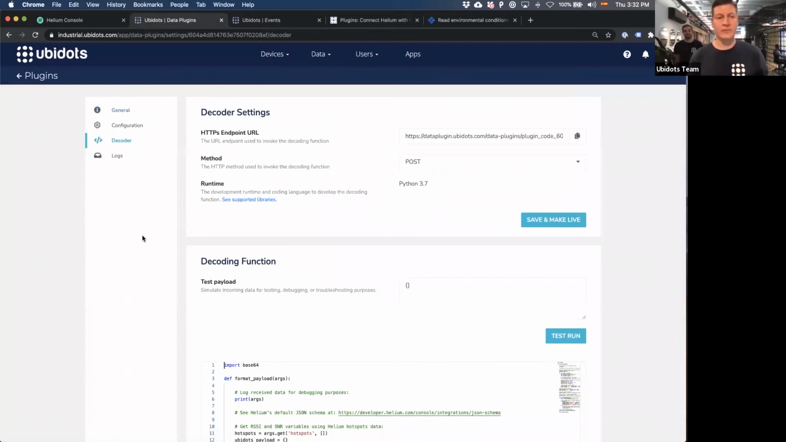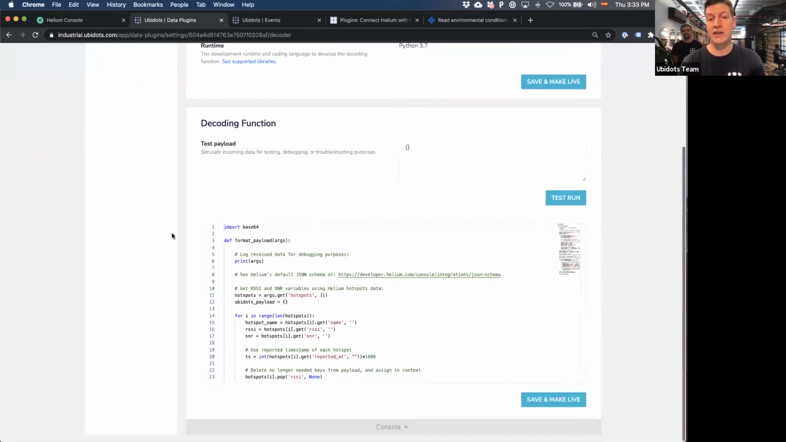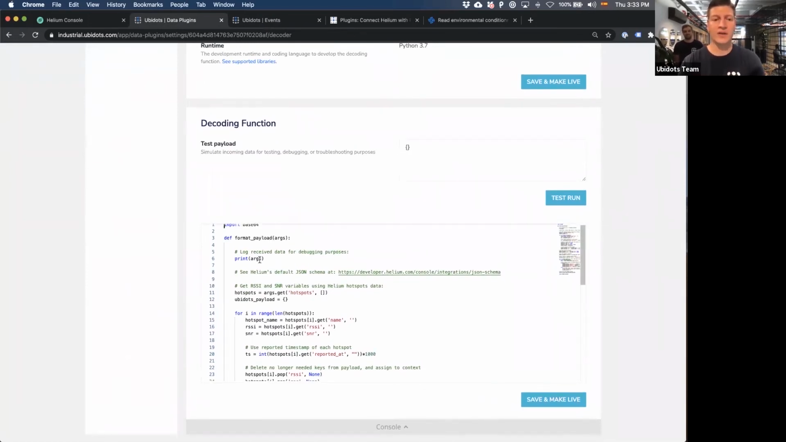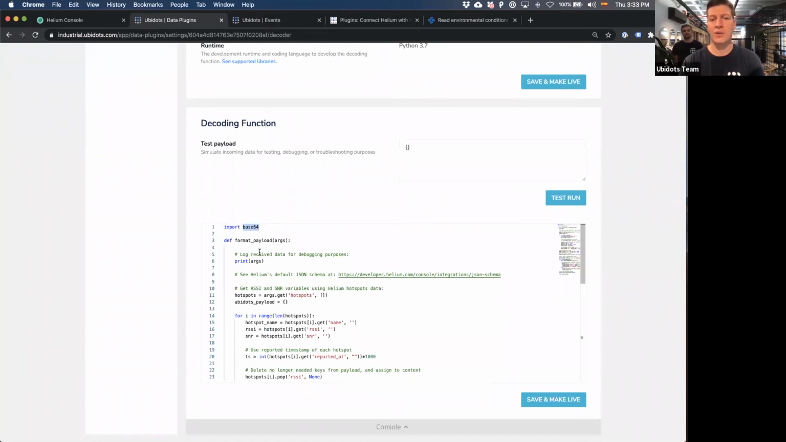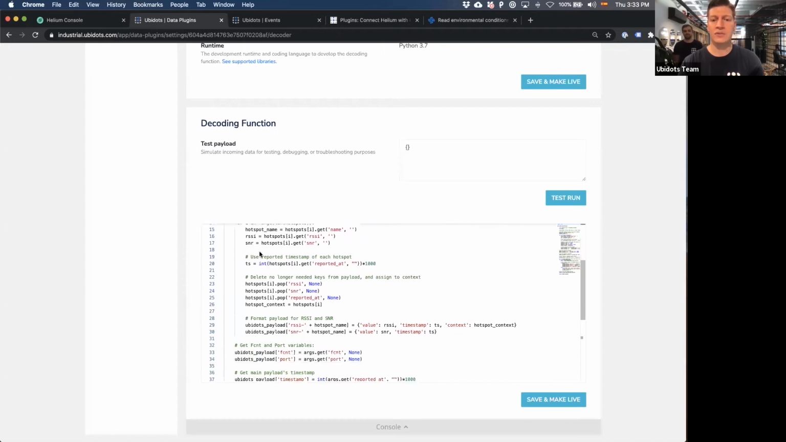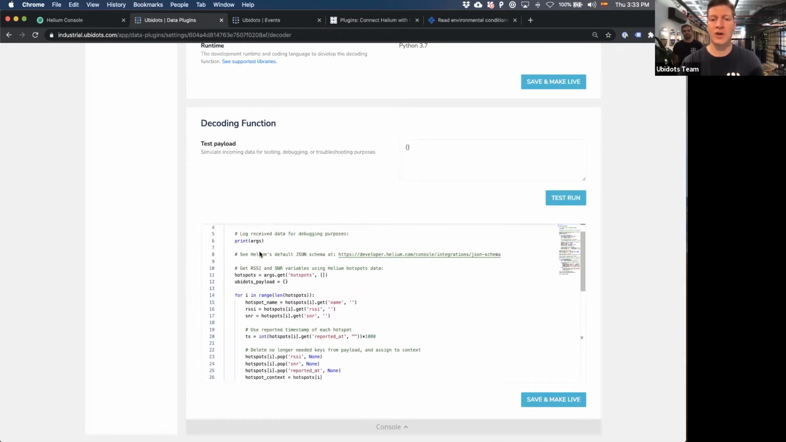So let's dive into the decoding function. As Ben said, it's basically an environment where you have control over the code. Here, as you can see, I'm importing just one library, which is the base64 library. Again, we used WizBlock